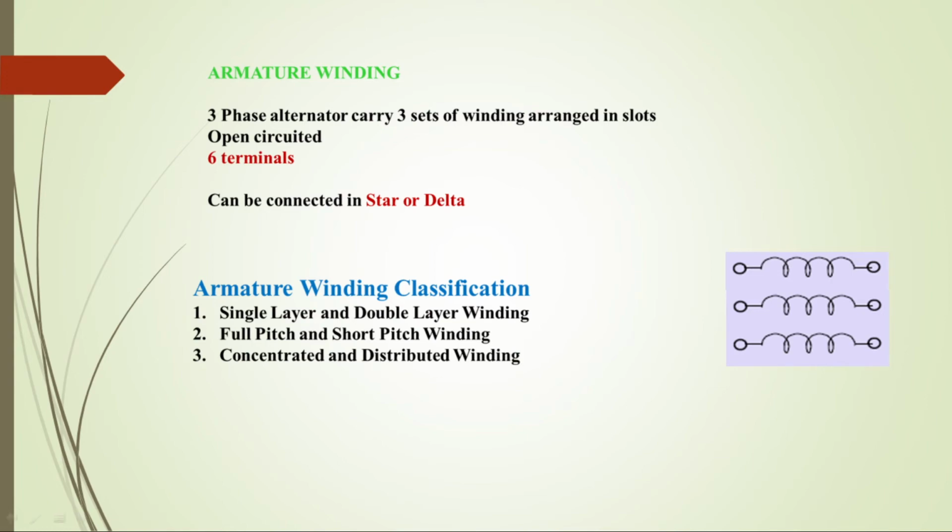Now let us see the armature winding, various types of armature winding, how they are classified. A three-phase alternator will carry three sets of winding arranged in slots, open circuited, and these windings can be connected either in star or delta. The classification of armature winding is, it can be classified as single layer and double layer, full pitch, short pitch,